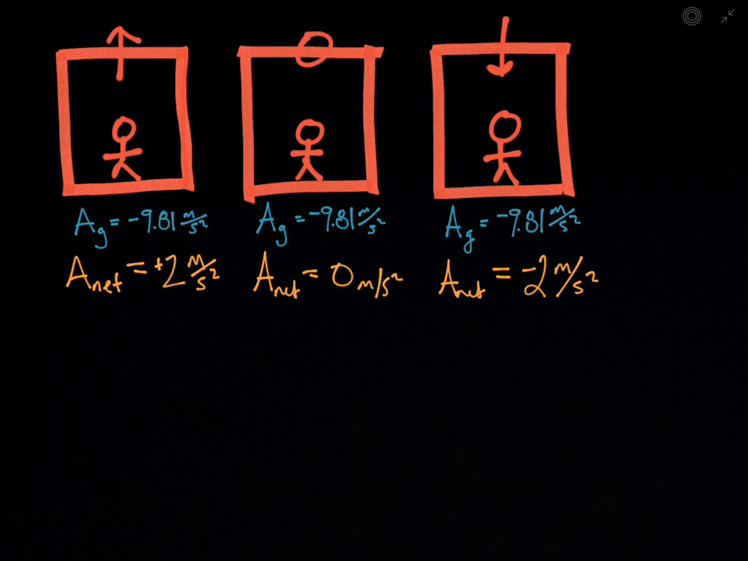All right, hello everyone. So here we are back with some fun elevator problems. We have three different elevators. The first elevator is accelerating upwards at 2 meters per second per second. The second one is going at a constant velocity, so it's not accelerating. So the net acceleration is 0 meters per second per second. And the third one on the right here has a net acceleration of negative 2 meters per second per second, so it's